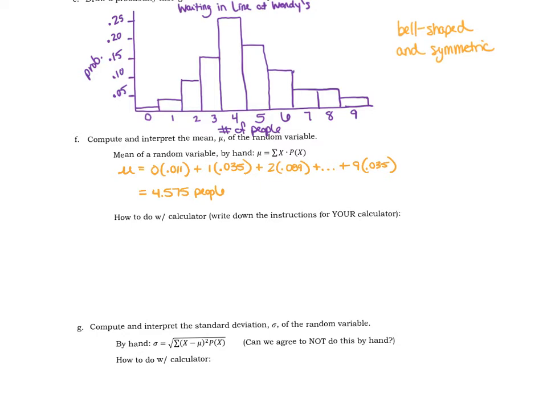Now I know that seems a little weird, because you're like, how can you have a fraction of a person? Again, it's an average, and so you can have fractional numbers of people. If you scale that up, that would be like 4,575 people over 1,000 different days or whatever, so don't worry about that. Let me also tell you how to interpret that. So this would mean, on average,